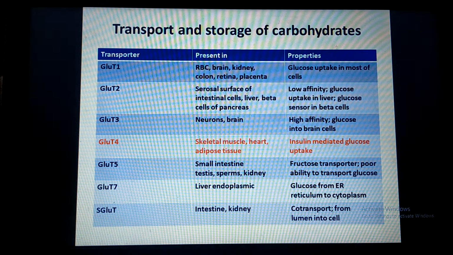Therefore, the activity of glucose transporter 4 gets decreased, and hence these transporters will not transport the glucose from blood to the respective tissues, that is skeletal muscle, adipose tissue and heart. As a result, the blood glucose is not utilized and its level increases in the blood,